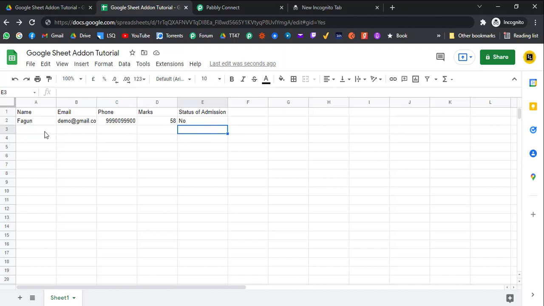But if the data is added here by a third-party API, then Pabbly will only send data once per hour. It will send all the new data once per hour. For example, in the next 1 hour, a total of 5 form submissions you get from your website, and 5 new rows get added in here: 3, 4, 5, 6 and 7. Then all those 5 rows will be sent to the Pabbly Connect workflow once per hour. That's how it will work. You cannot define the particular timing within that hour, but it will work properly without any issues.